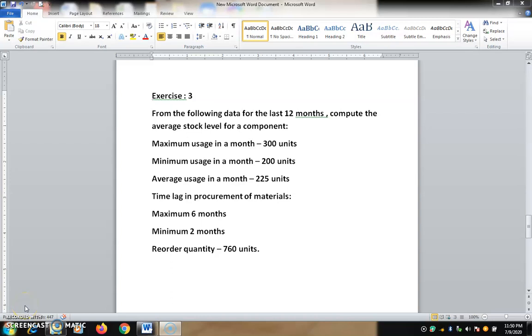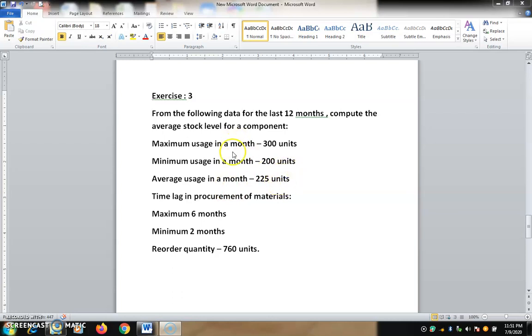Dear students, this is the next exercise problem relating to stock level computation. The problem is, from the following data for the last 12 months, compute the average stock level for a component. Maximum usage in a month 300 units, minimum usage in a month 200 units, average usage in a month 225